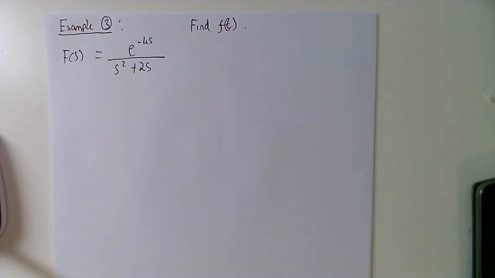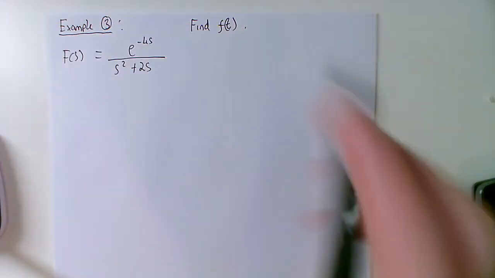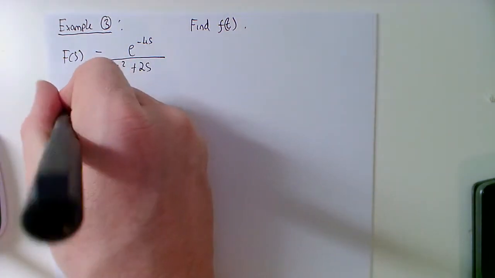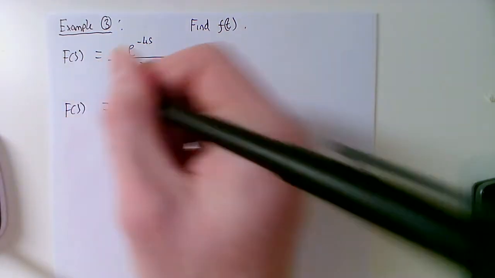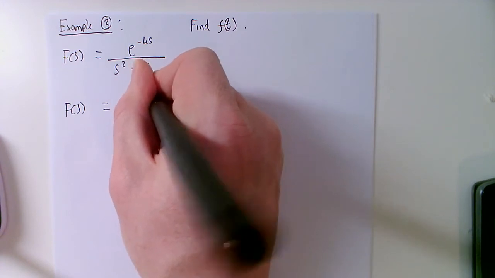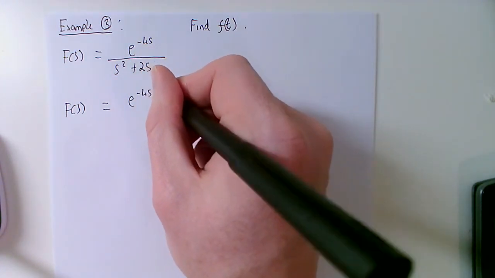So that's why I'm doing lots of inverse transforms, because we know that the inverse transform is the most important part of solving that differential equation. Right, so let's have a wee look. So that's e to the power of negative 4s times